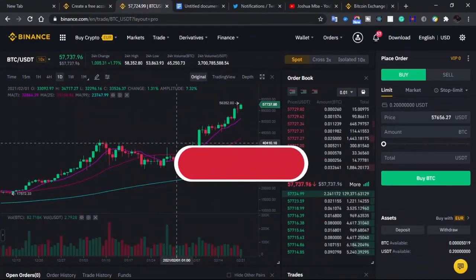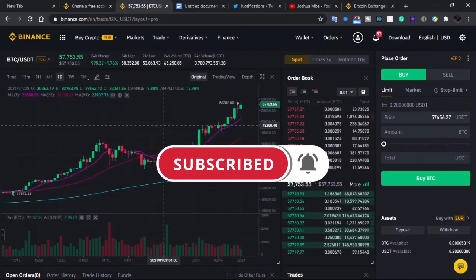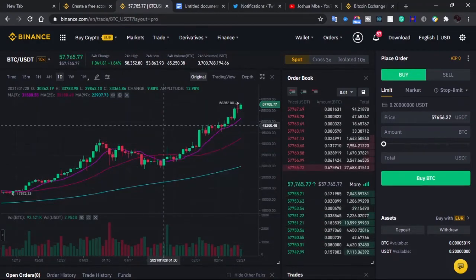So before you can even start trading on Binance right now, especially if you're from Nigeria, you of course want to deposit money into your Binance application. Of course, once you deposit money, you can then start trading any of those currencies of your dream. All right. So the first thing is to deposit money, and I'm going to show you how to deposit money, especially if you're from Nigeria.